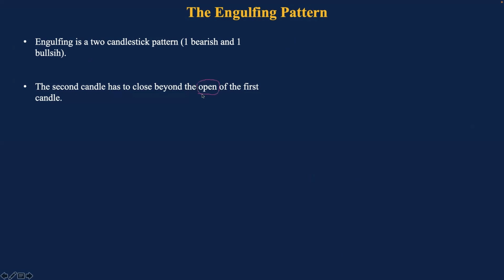That's the definition. If you buy any indicator that says it marks engulfing, it marks where the bigger candle has closed beyond the open of the smaller candle. So for instance, in candlestick patterns,